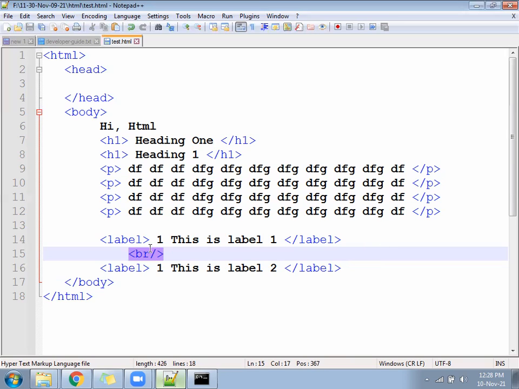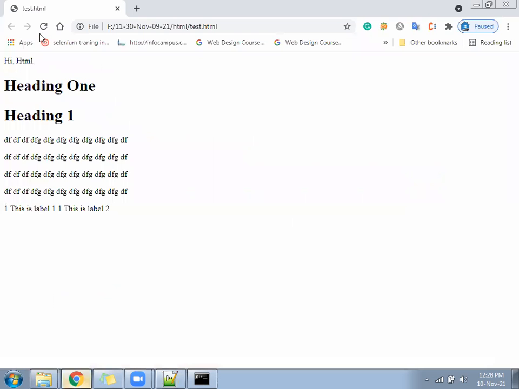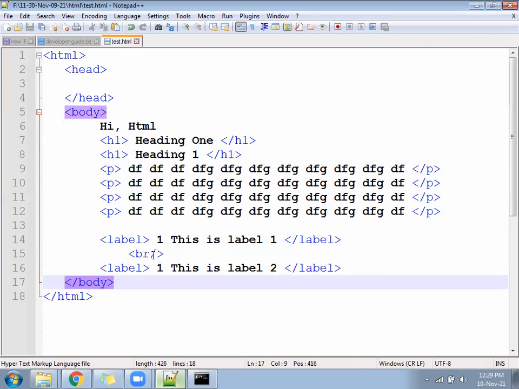Hope ready. Save now and let's check once. Printing now in the next line. The line got broken. So which tag have we followed in between? BR tag. It's an independent tag. Independent tag, but block or inline? BR is independent, clear, but is it block or inline? Block only. Then only it is breaking the line. Block level meaning is what? It covers the full width. Then only the next one will go to the next line.